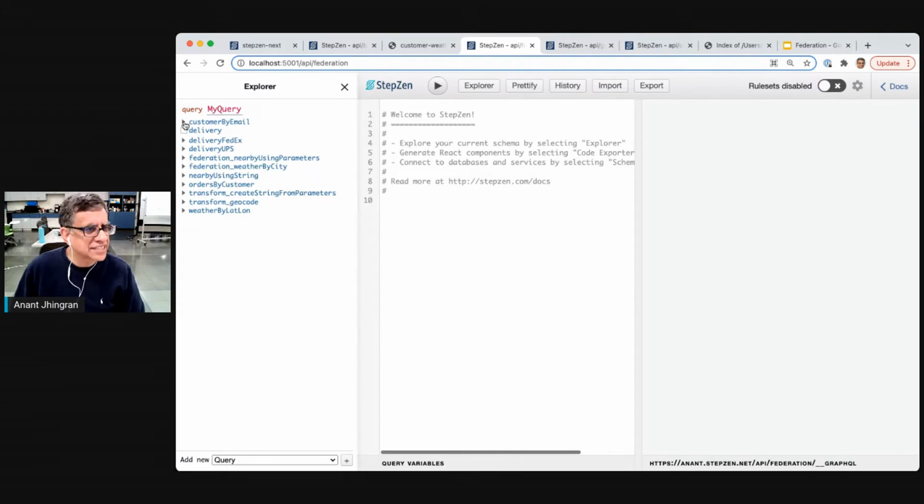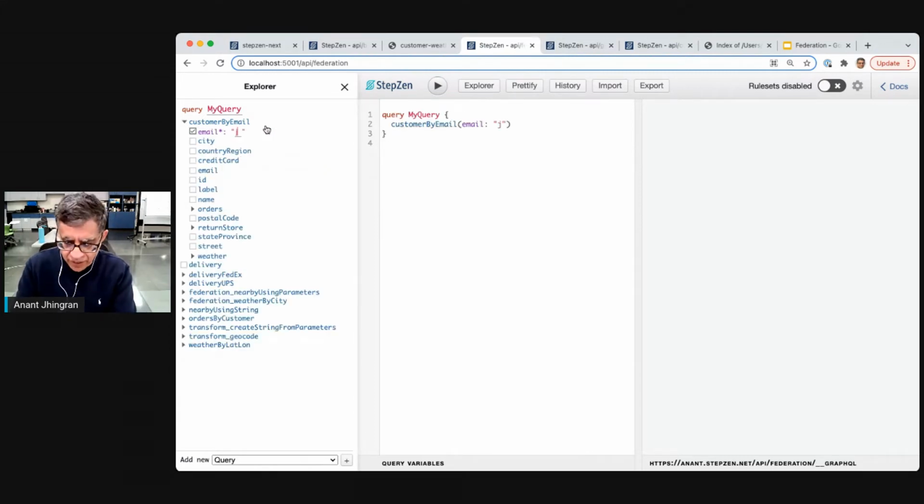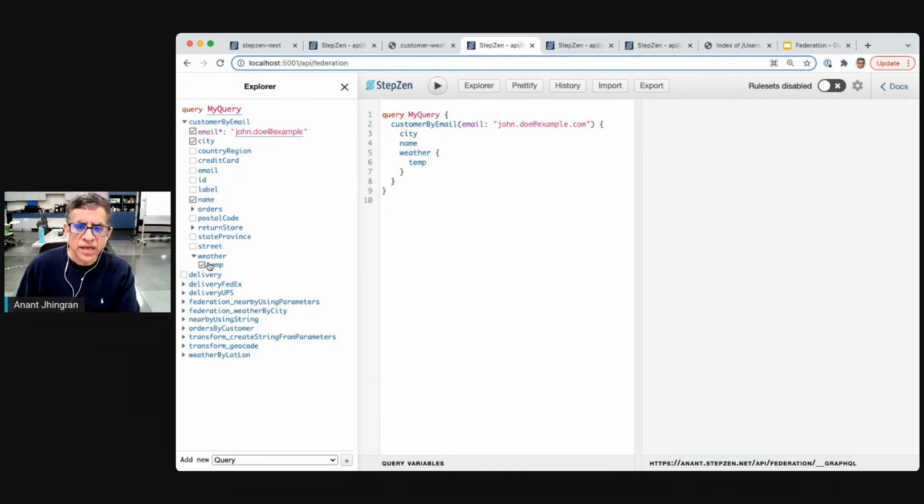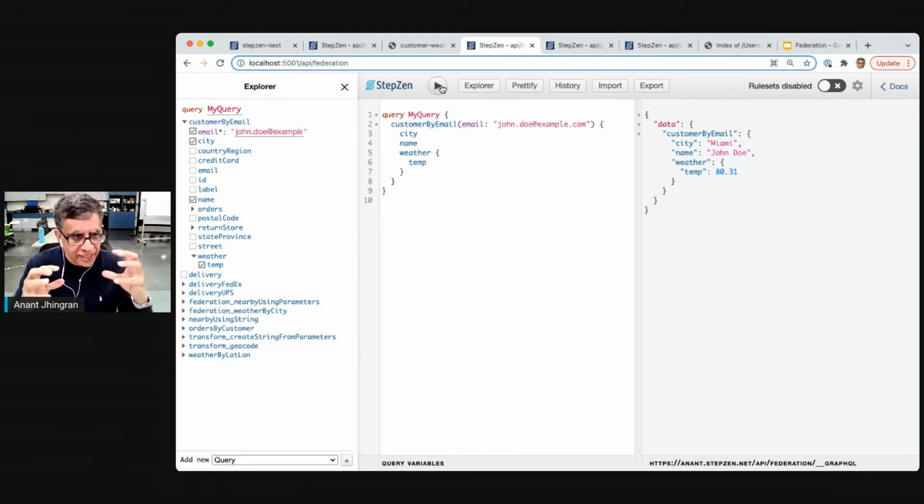And as you can see, it's exactly the same sets of information. I've just added some different terms here to let you know that this is a different endpoint than before. But to prevent my fat fingering, I'm just going to do a very simple query here. Let's do the customer and name, and let's get the weather associated with this particular customer. And there you have it. This particular query ran in this federated layer, in this layer that combines and builds a graph of graphs, and it went against the customer subgraph, and it went against the geo subgraph and fetched those two pieces of information.